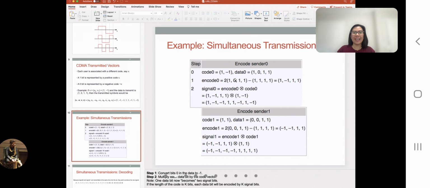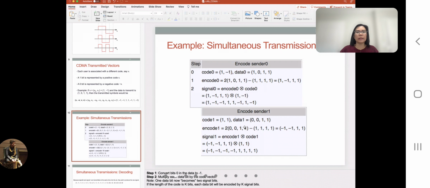This would take us a long time to compute: multiply this by 2, and then minus this one. For us, it's easier to understand if we convert 0 to -1. But this is to let you know how it is done in a circuit. The same thing here. It's doing the XOR operation, but it's easier for us to remember and understand if we take the multiplication of each bit with the code. So that is the encoding